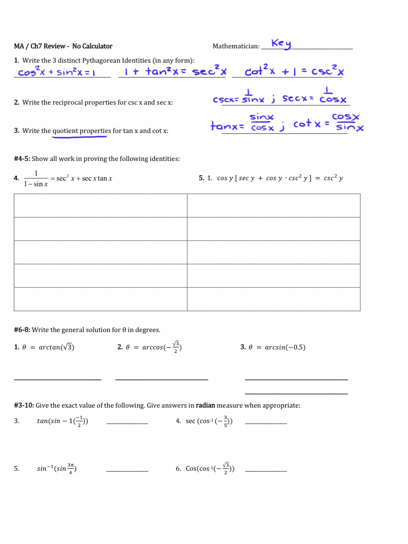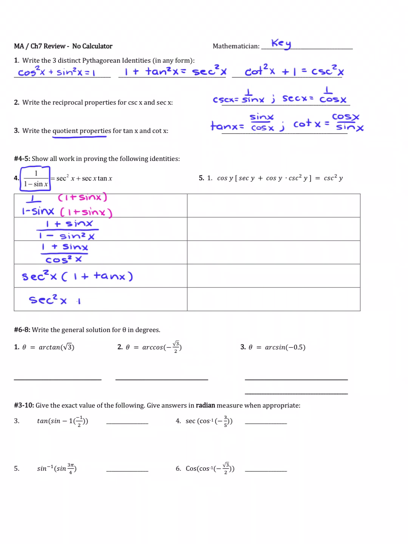Remember, you can only work on one side. So I'm going to work on the left-hand side here, and I'm going to multiply top and bottom by the conjugate of that denominator. What that does is give me 1 plus sine on top. On the bottom, I get a difference of squares, 1 minus sine squared, which turns into your Pythagorean identity of cosine squared. And what I can then do is bring cosine squared upstairs as secant squared, because that's its reciprocal. And when I then multiply through, I get secant squared x plus